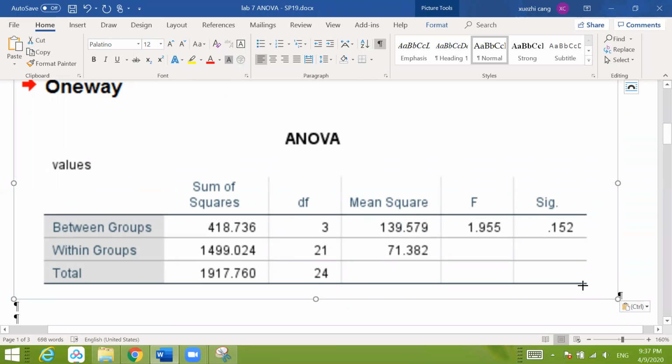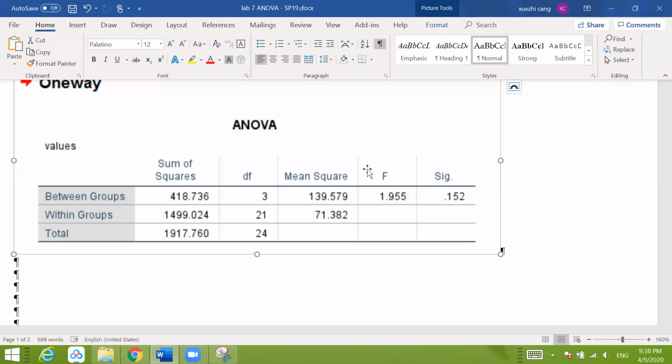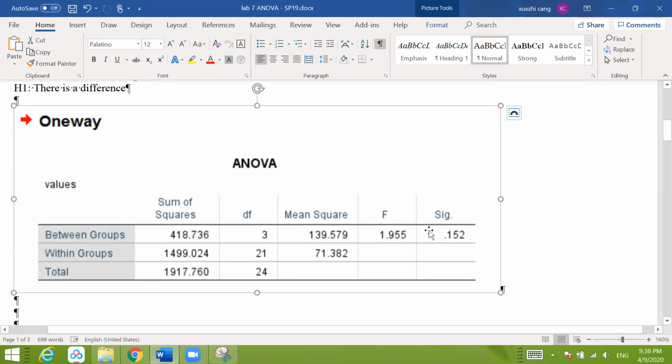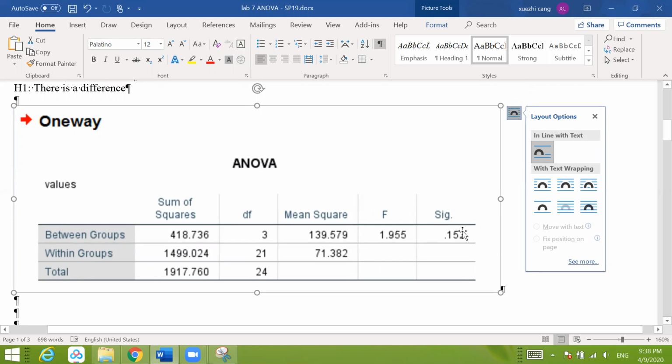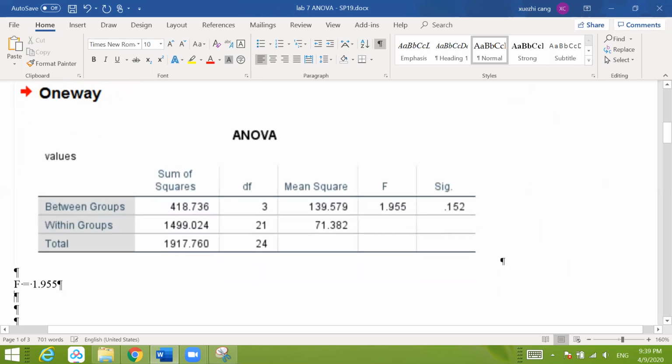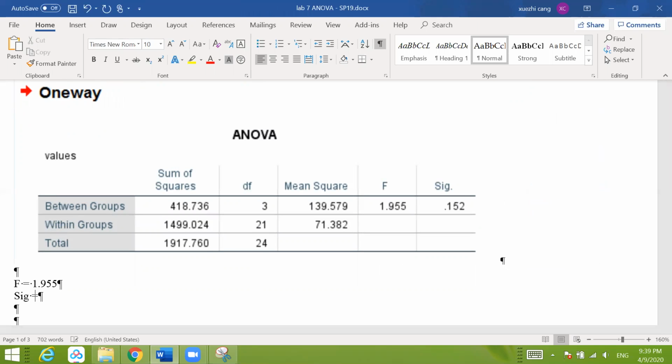So here is the data. In this table, you can see the sum of squares of the between group, within group, and the total sum of squares, and you can find the degrees of freedom of each sum of squares. Actually, you can also calculate it by yourself, but it's very convenient to use SPSS to get this result. So the two most important values in this table are the F value and the significance value. So we should write our F value down here. It's 1.955,